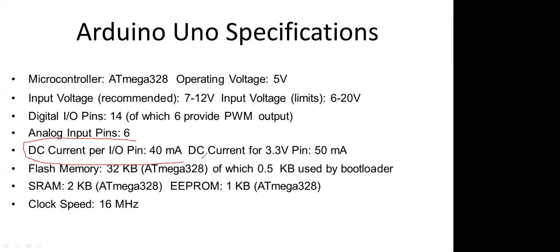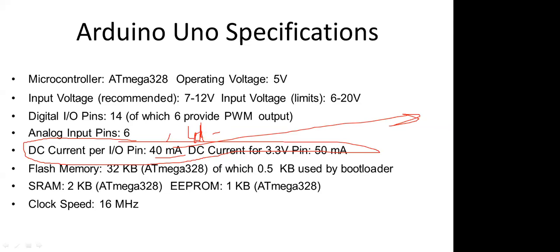The DC current you can draw at the output is 40 milliampere from each pin. It means when you connect LEDs, you can connect two LEDs with one pin, taking a maximum of 40 milliampere. If you connect a motor with the Arduino, what will happen? Your Arduino will get damaged. That is a very important point. You cannot connect an appliance with a current rating of more than 40 milliampere to the Arduino.